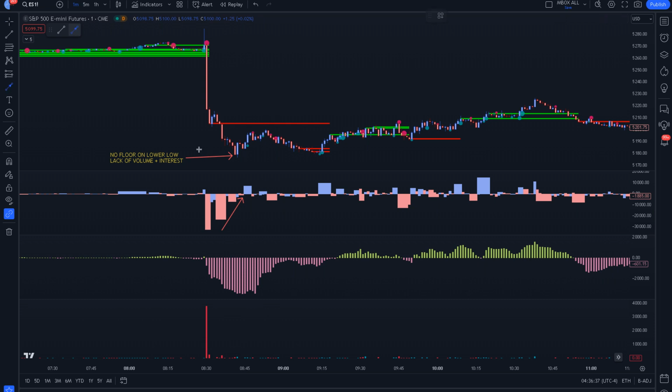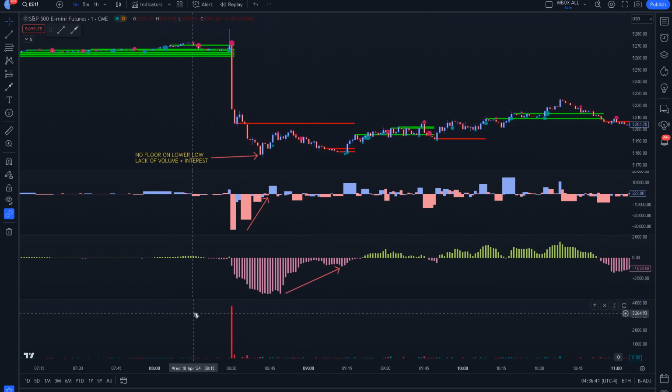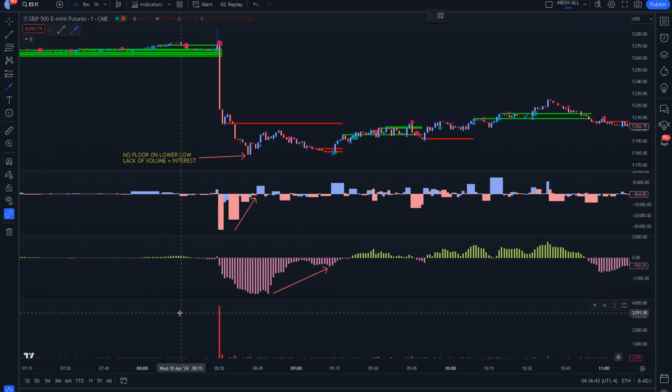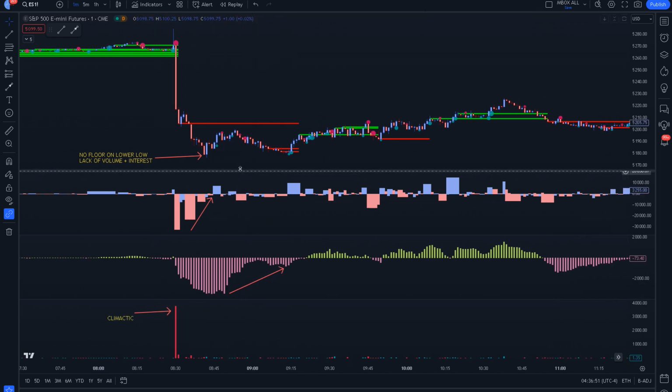We see in the M cumulative delta, right? This in the X space looks climactic, right? Climactic. All right, and